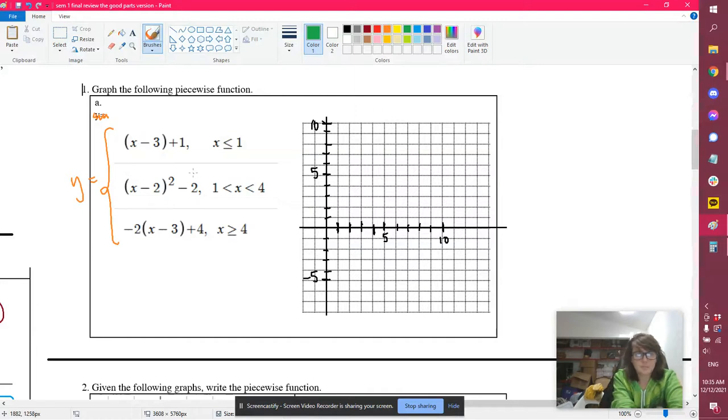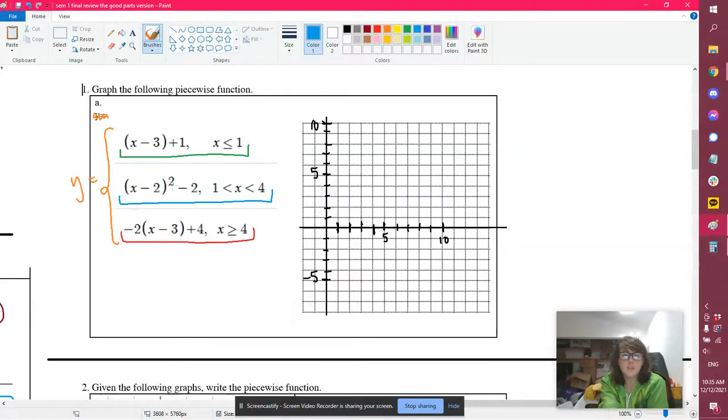Let's go. I graph these. I basically think of this as its own thing. I think of this one as its own thing, and I think of this one as its own thing. I'm going to do the blue one first. This is in vertex form, which is very nice for us. It means that we start vertex form